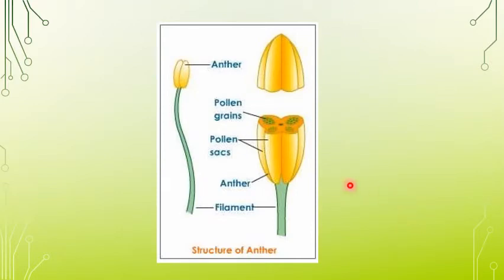In this picture you can see this is the stamen, that is the anther, and the filament. So the androecium consists of two parts: one is anther and another is filament. And when we take the transverse section of the anther, you can see the sac that is called the microsporangia, and this is a bilobed structure. In the microsporangia the pollen grains are formed, which are known as the male gametes. So the function of the androecium is the formation of male gametes, that is pollen grains.